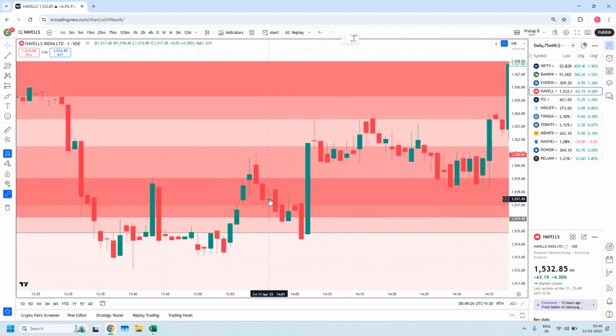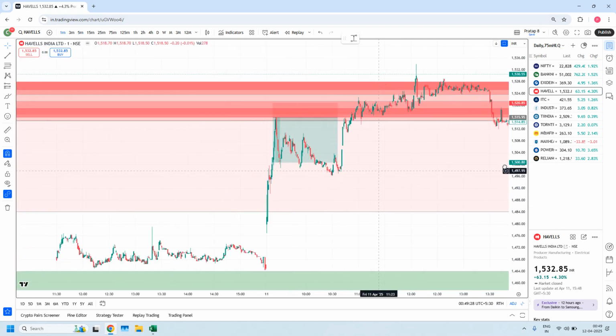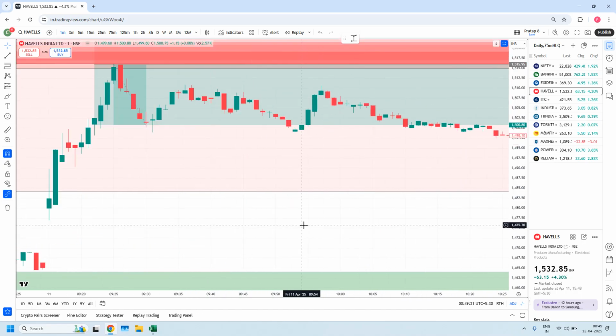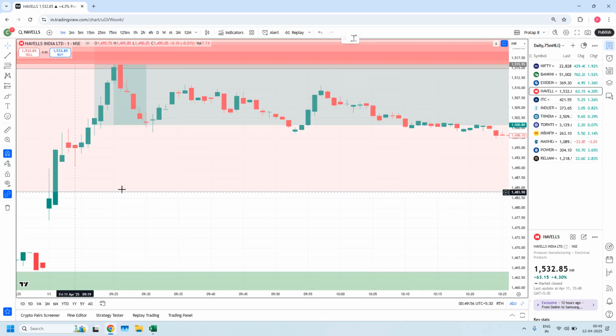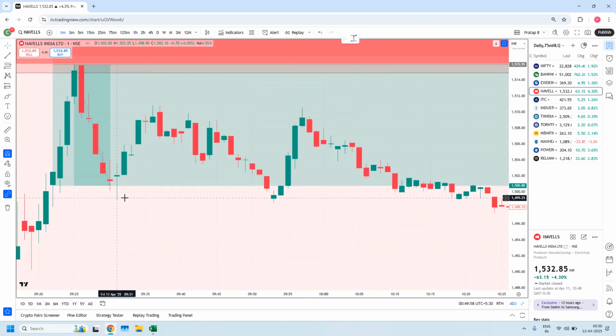Let me show you in 1 minute time frame, you get better clarity. See, when you got the trade at the 9:25 candle, and when it reached 1:3 RR at the 9:30 candle, in 5 minutes you got a profit of 7,575 rupees, which is 5.8% ROI, close to 6%, our average intraday ROI. Maybe if you booked a little below somewhere here, you might have got 6% ROI also,